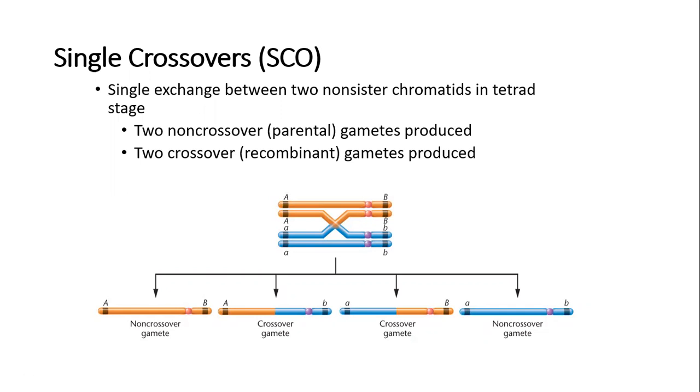So when we talk about making a genetic map, and again, this is just looking at relative distances between one gene and another, we can do single crossovers, double crossovers, and you can do many, many more crossovers, but it gets super complicated, and so we won't do those. But looking at single crossovers first, we can see from this diagram, you have the tetrad,